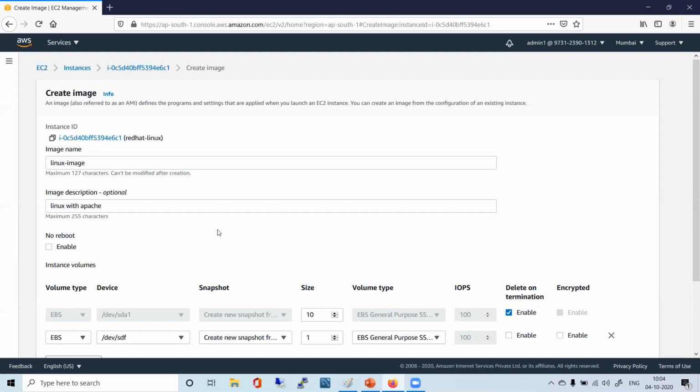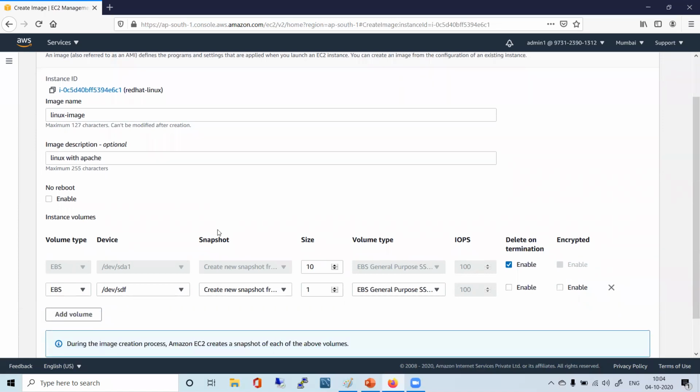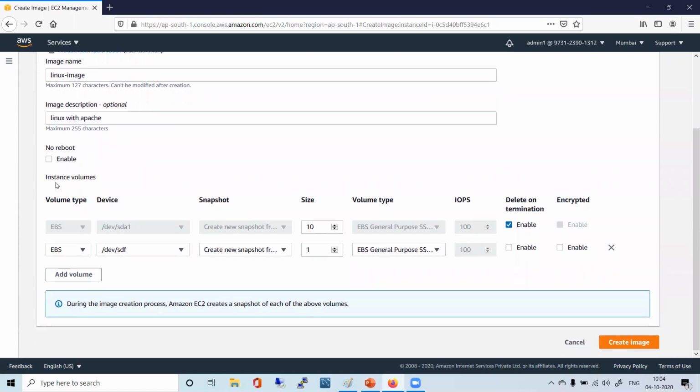So this is containing my Apache software, right? That HTTPD daemon as well, right? So I'm just saying Linux with Apache. You just see here, it says instance volumes, volume type, device, snapshot, size, volume type, IOPS, delete on termination, all those options are there.